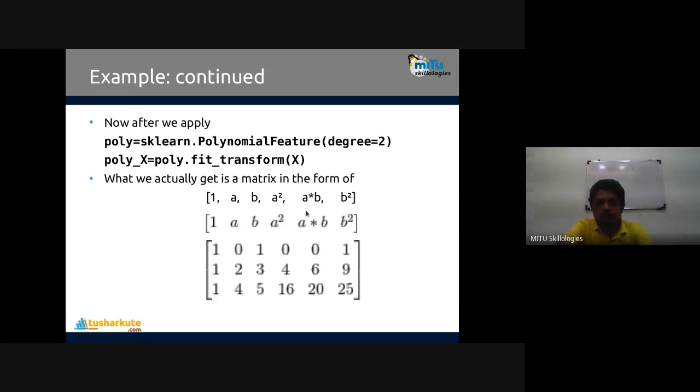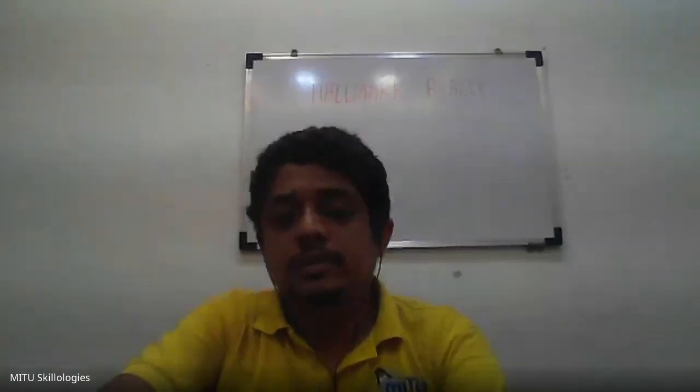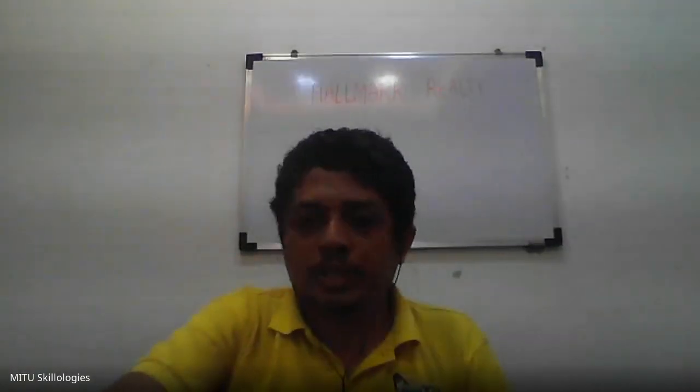Now it's a matrix in this form. You can check it: the first column will be all 1s, then a as it is, then a square, then a cube, and if you have multiple degrees, raised to 4, raised to 5, raised to 6, like that. It transforms data into that particular format. When you transform that data, the curves will be created, just like we have seen. When the curves are created, the data may be most fitted to that particular curve, and that is what we call polynomial regression. So let's see how exactly polynomial regression is covered.